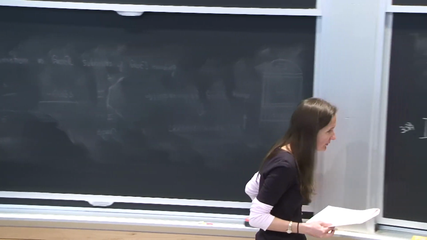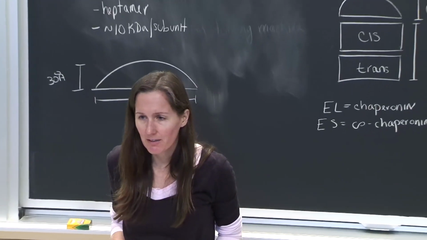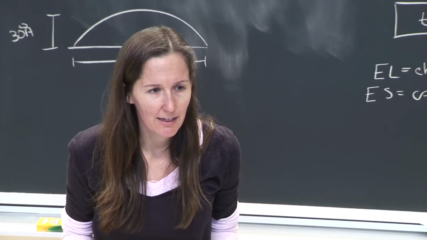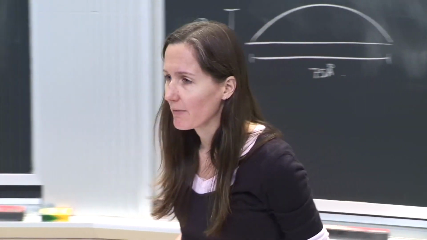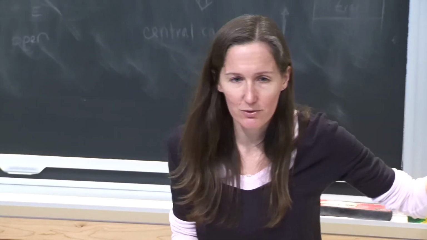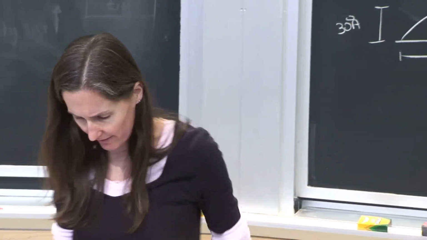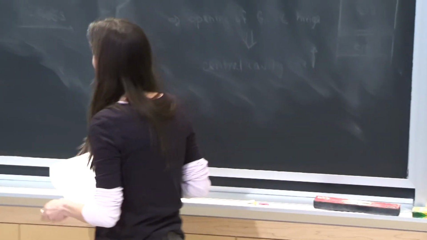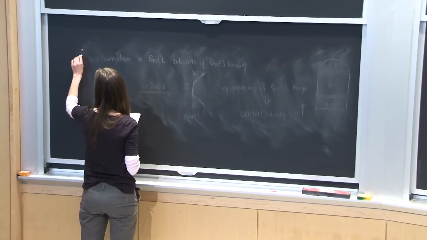And what you'll find as you read is that often the model is drawn a bit differently depending on the paper you read. That's because there are just some uncertainties out there, so don't get hung up on that. I have 2 different examples within the lecture slides here. But if we just think about the functional cycle,